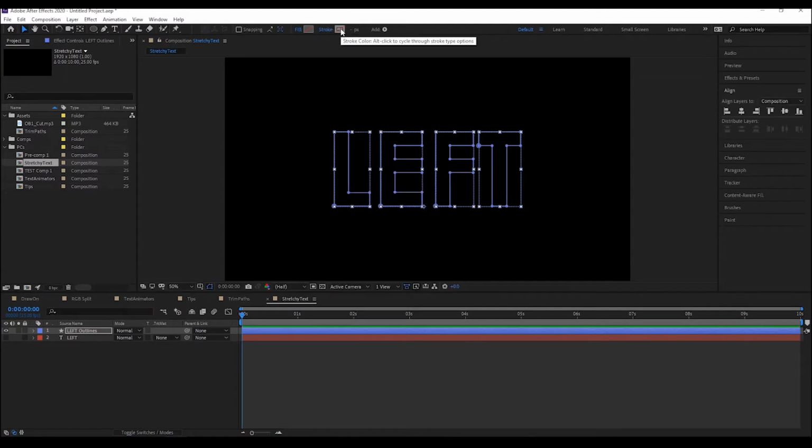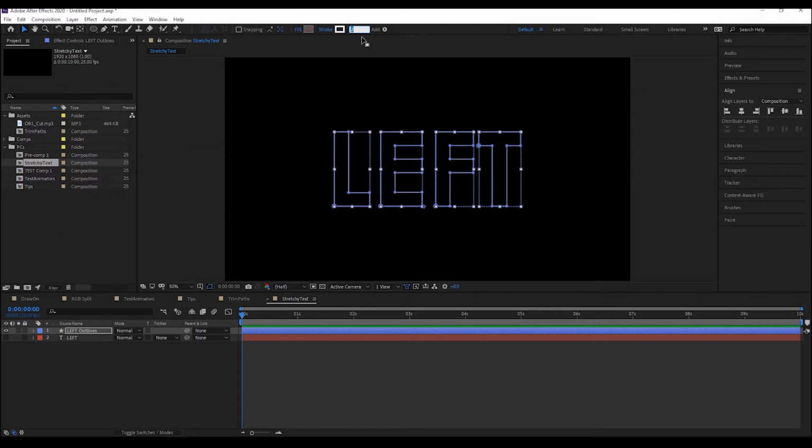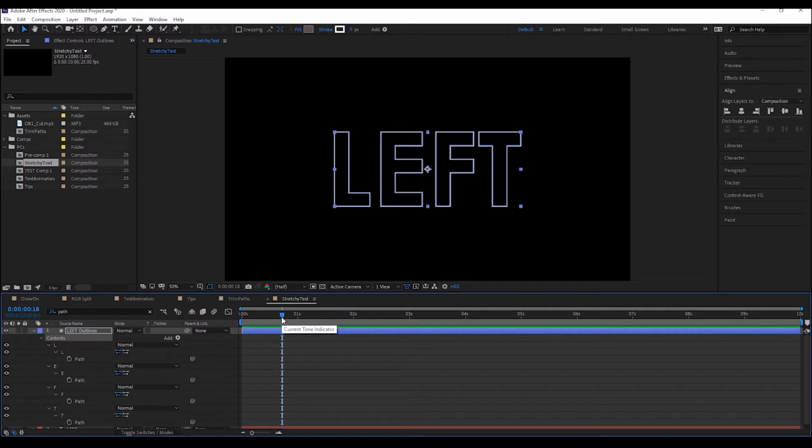We'll also turn on the stroke. Do so by clicking the swatch, selecting a color, and we'll make the width, again 5 pixels. Select our new shape that's been created, and then we'll come up to the search bar. This time we're going to search for path. We'll move our playhead forward to the 18 frame mark, and we'll set a keyframe underneath the path value for